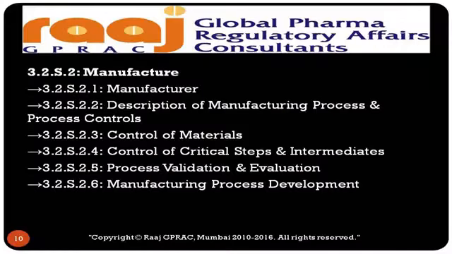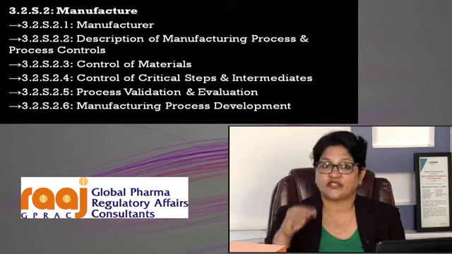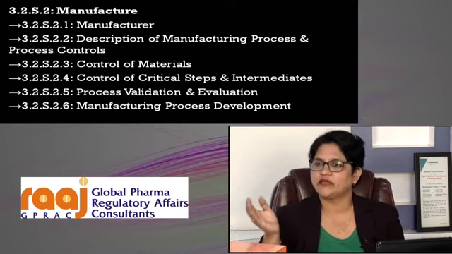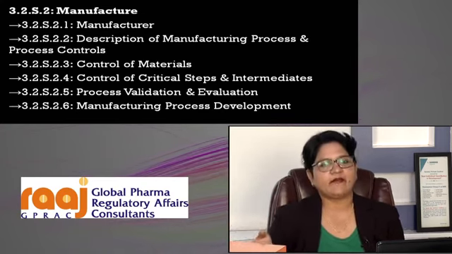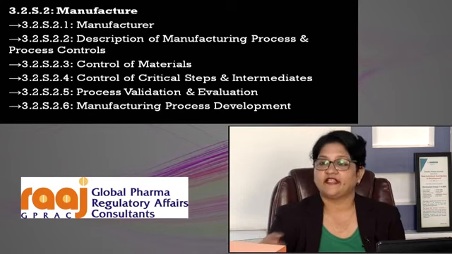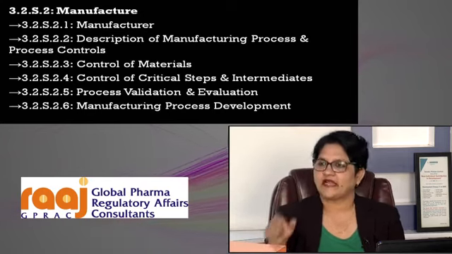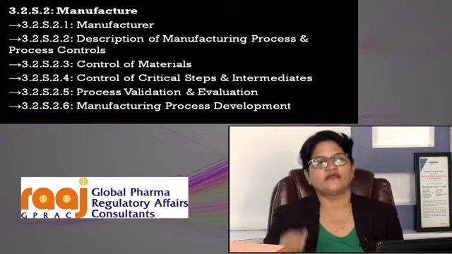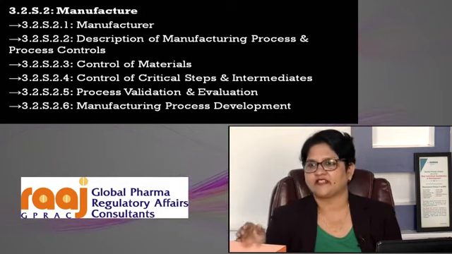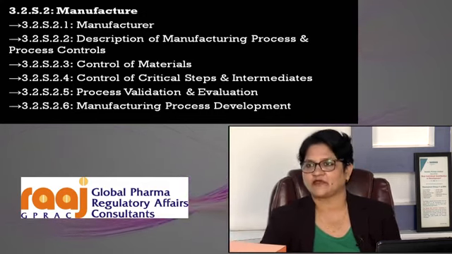And then let us talk about the S2 part, that is manufacture. Manufacture is again divided into S2.1 to 2.6, which gives the manufacturer information, that is who is the manufacturer, his name, address and everything, then the description of the manufacturing process and the process control. Suppose your manufacturing process has 10 reactors, 10 steps, then it has to be described in detail,